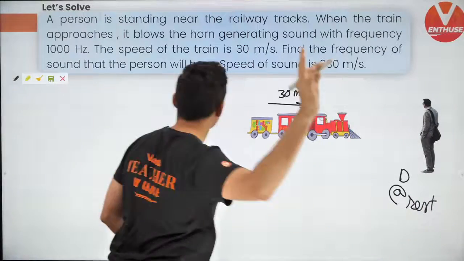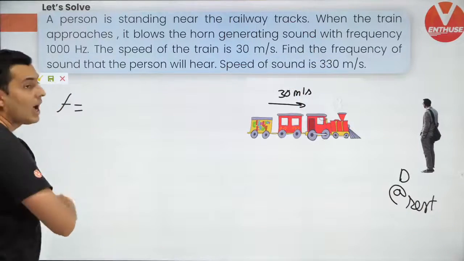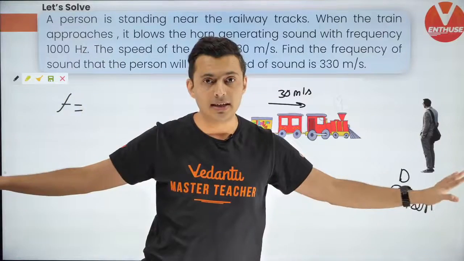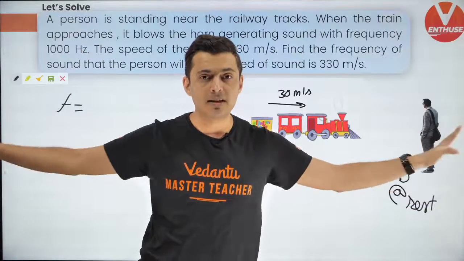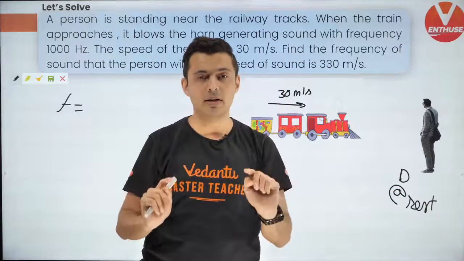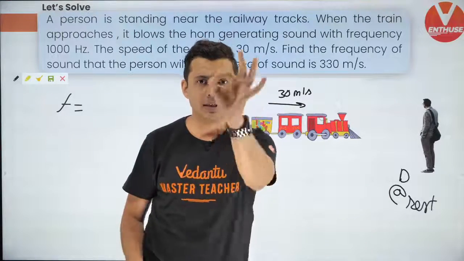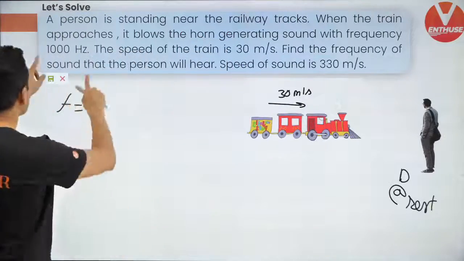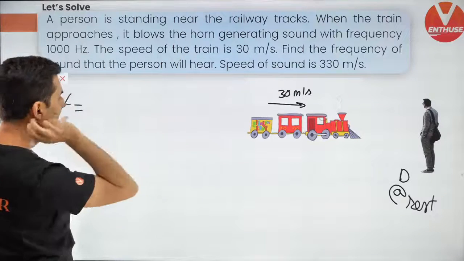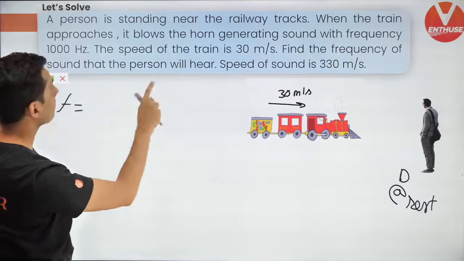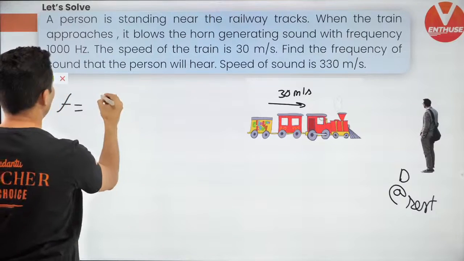Okay, so let's see what our formula is. F is... I am not interested in the final answer, let me tell you that. I'm just interested in the plus minus, numerator, denominator, nothing else, because the calculation part you can do. So let's get it quickly. The train is moving, and so our formula will be